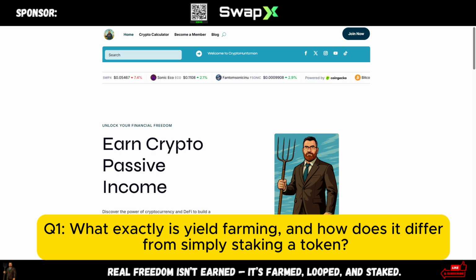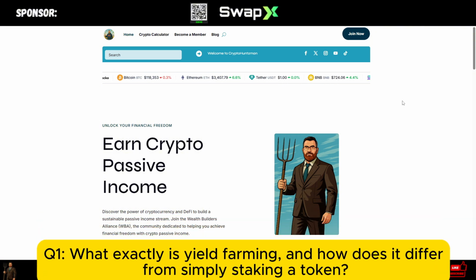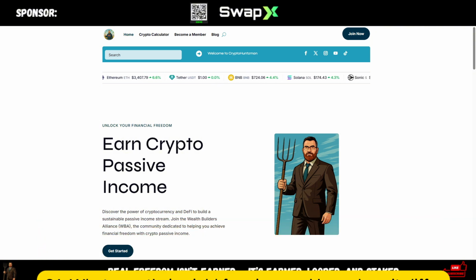it's what exactly is yield farming and how does it differ from simple staking a token? So the best way, I suppose, to explain this is to jump into two different protocols and platforms to explain